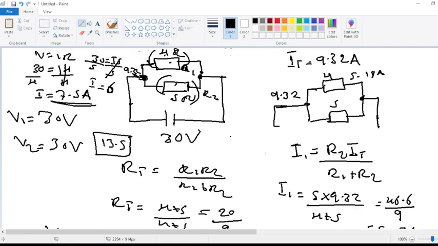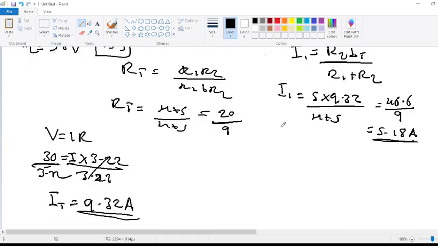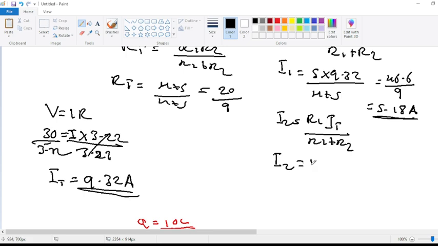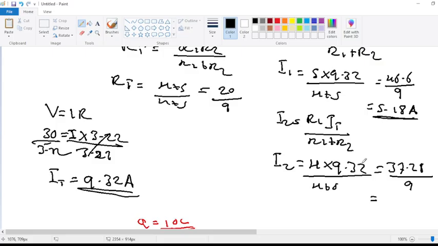What about at this point here? The same formula, we just switch the values. So I2 is equal to R1 times the total current over R1 plus R2. Because if we add those two currents, it has to give us 9.32. I2 is equal to 4, the R1 resistor, multiplied by the total current, which is 9.32, over 4 plus 5. If you multiply 4 by 9.32, you're going to have 37.28. Divide this by 9, and you're going to have 4.14